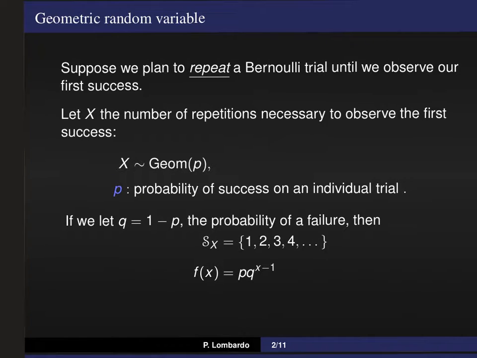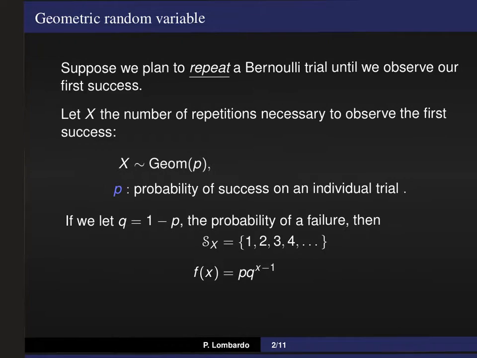You might think of this, in the coin flip example, as: I'm going to flip a coin until I finally hit a head. And what the geometric random variable is going to do is keep track of what round that first head actually appears. So I might flip and get a tail, and then finally on the third flip I get a head. So X, this geometric random variable, would take on the value of 3, because that's the number of repetitions we required in order to first observe the head. In the more general setting, we're going to be looking at how many repetitions are necessary for the